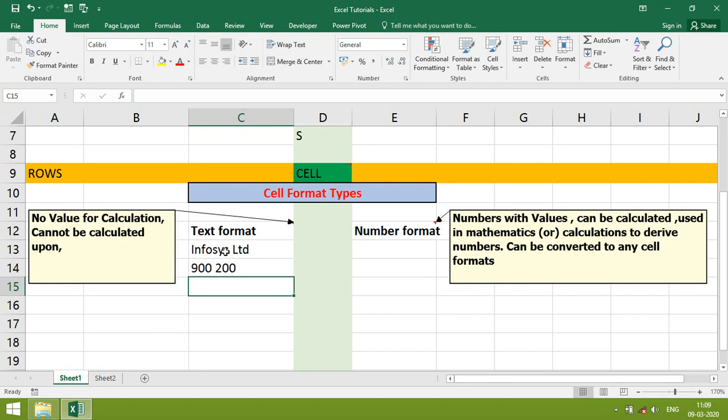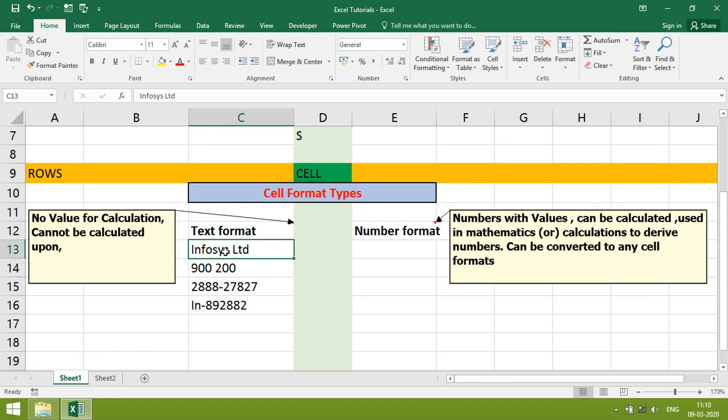Even though it is a number, it will be considered as text only because it has a space in between. Here there is a hyphen in between, so it will be treated as text. Simply, we can identify it as text.